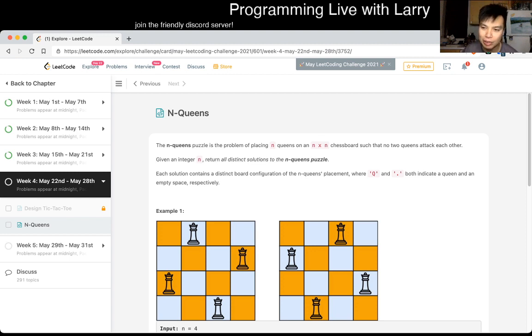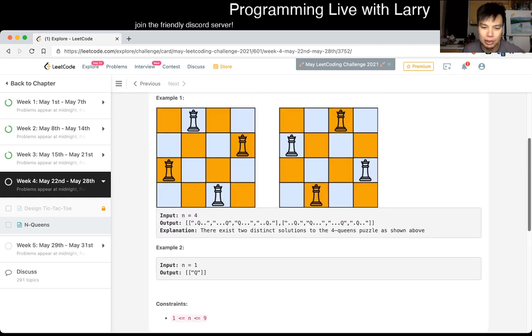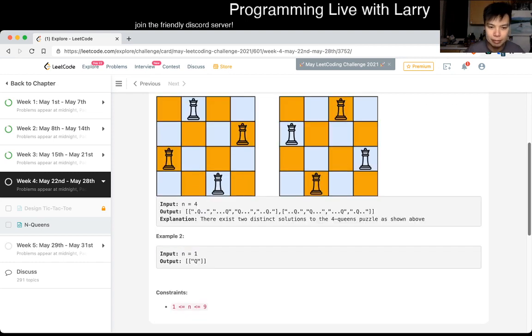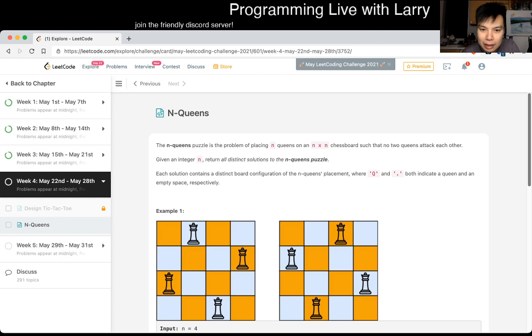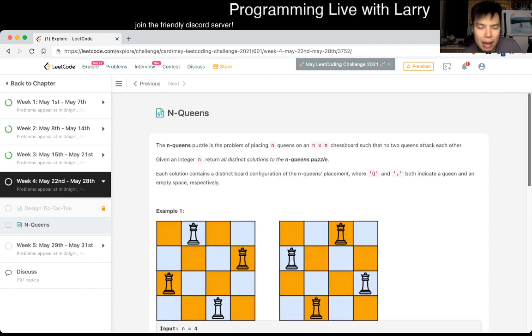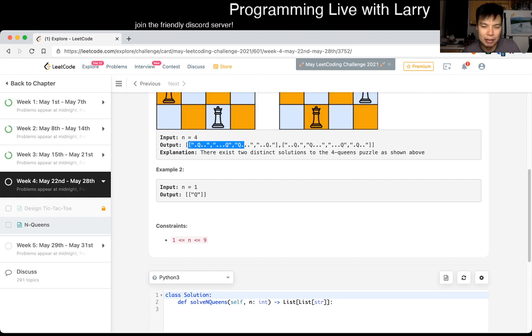So this one is N Queens. This, as you can guess, is probably going to be the stereotypical one. You have to return all distinct solutions. What's a distinct solution? Okay. Yeah, I think because you have to return all solutions, you just have to kind of implement it